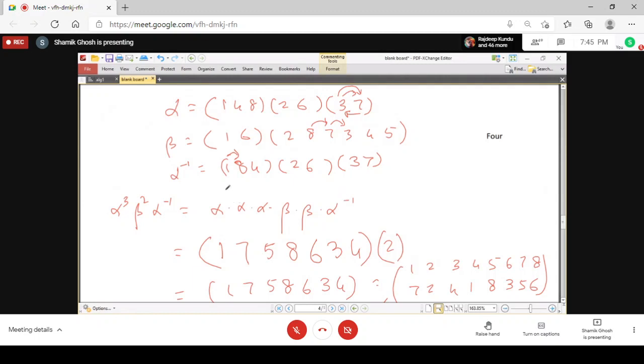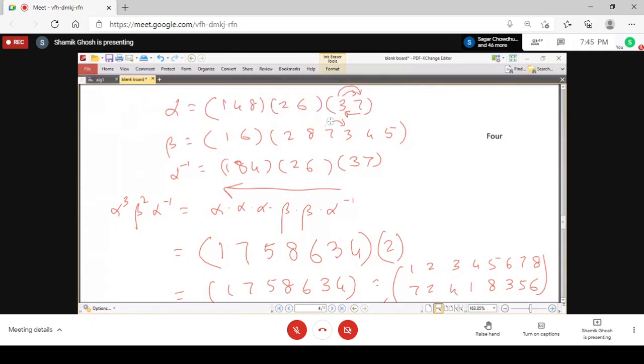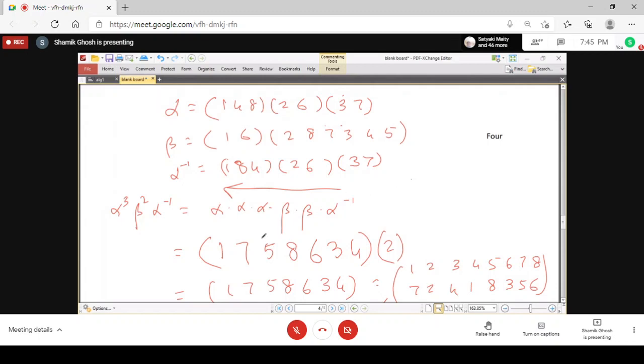That is, in which order you are getting this, from right to left. You have to be very much precise in keeping this order, and how many times you are operating on the elements. So if you keep track of this, then you can easily get the composition of this kind. So this is the process of how we can operate the permutation elements and how we can compose and get the long chain of words for permutations.